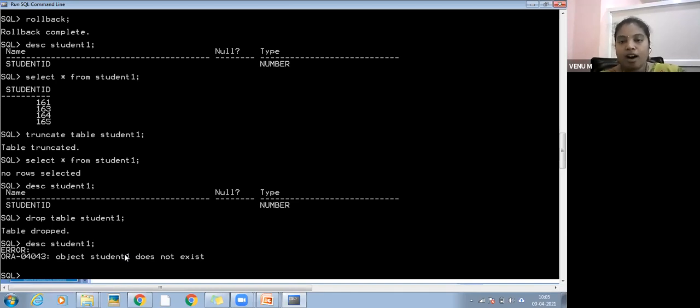If you're having any doubts regarding DDL and DML commands, these are the examples for each and every command you have to use for creating a relation, updating a relation, and maintaining a relation in the database. If you're having any doubts, please ask me in the chat box, then I will clarify your doubts. If you are not having any doubts, then I'll go to the next module in the next class. Regarding this module, if you're having any doubts, please ask me.